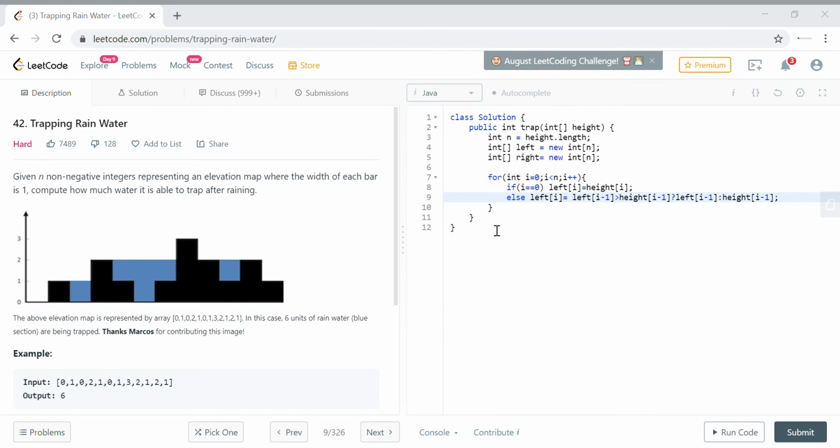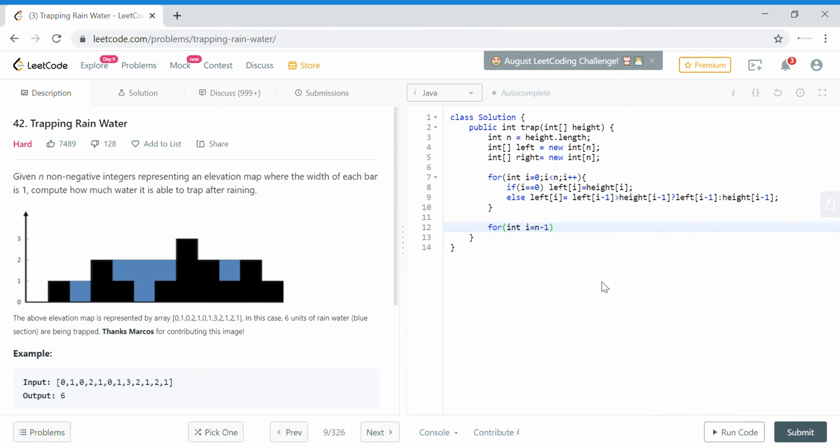And next, same thing we need to do for the right array. So to find whatever building is on the right hand side which is greater than the current building, or which can trap water, I will start this time from the right hand corner.